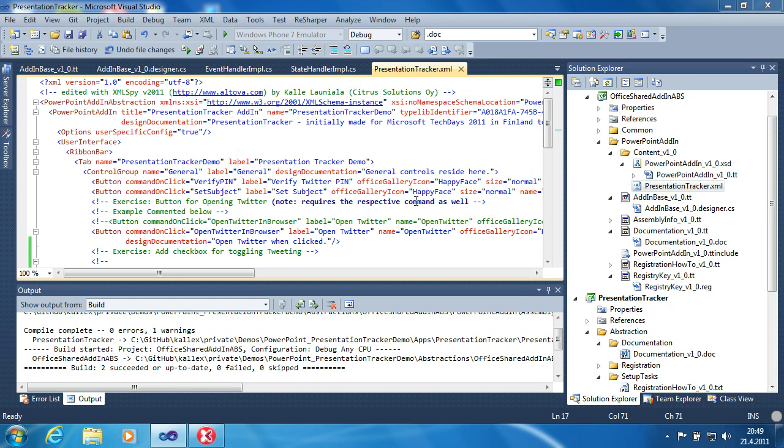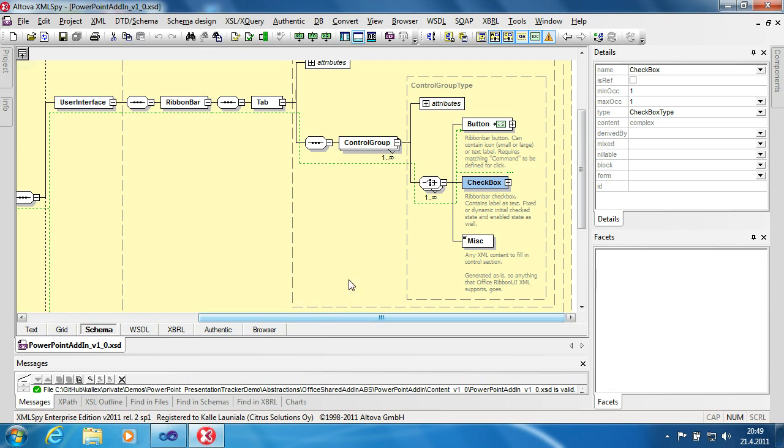Okay, in this demonstration I'll show how to modify an existing abstraction, and basically the same rules apply for creating a completely new abstraction from scratch. But now I'll just expand the existing PowerPoint add-in abstraction. So what we will do here, I'll demonstrate how we can add a checkbox in addition to